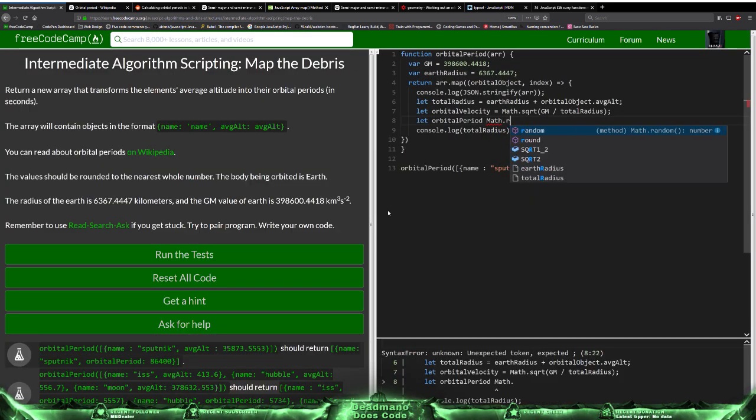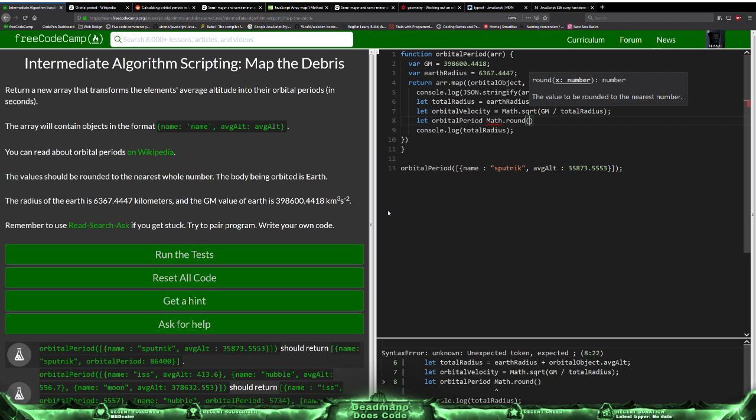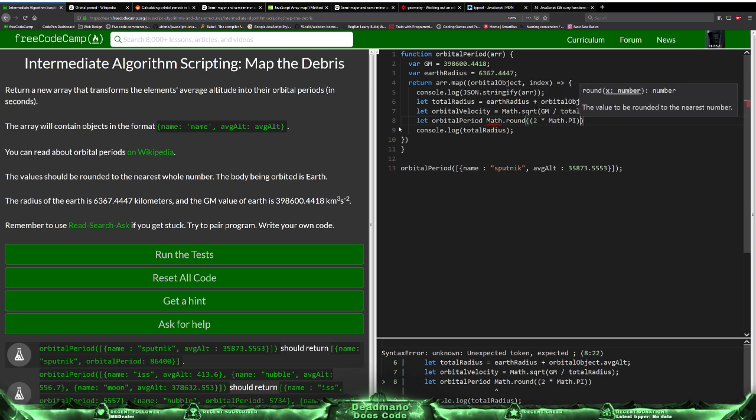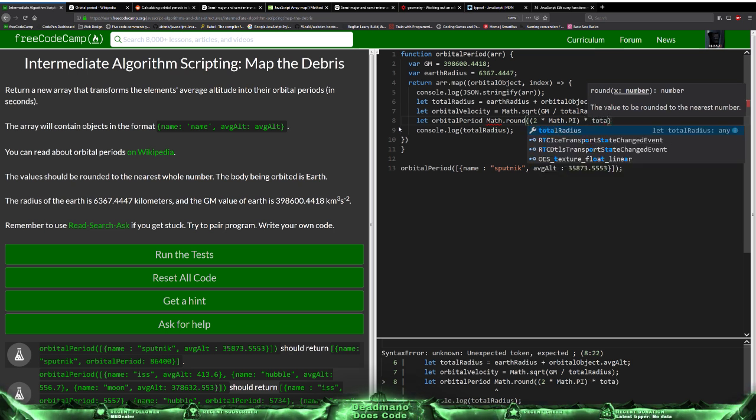So Math.round, 2 times, whoops, it was pi, right? Yeah, 2 times Math.pi. Hold on, we need another bracket there. 2 times Math.pi times the total radius